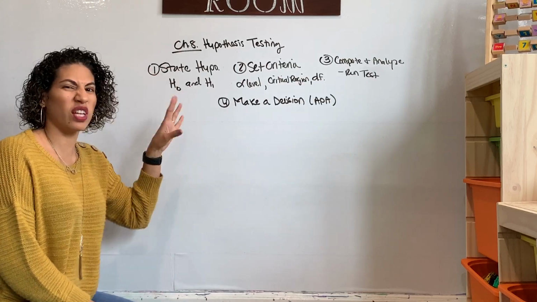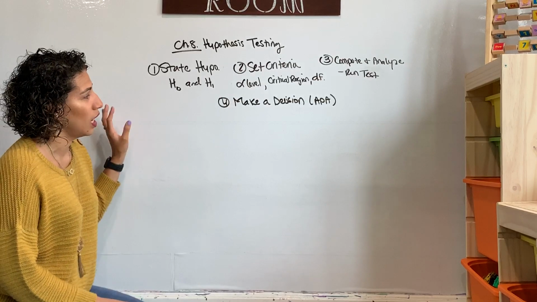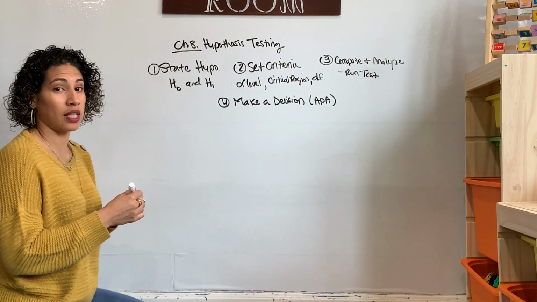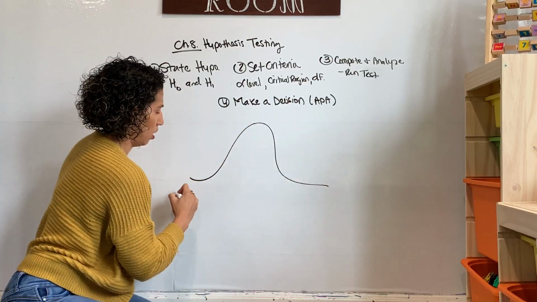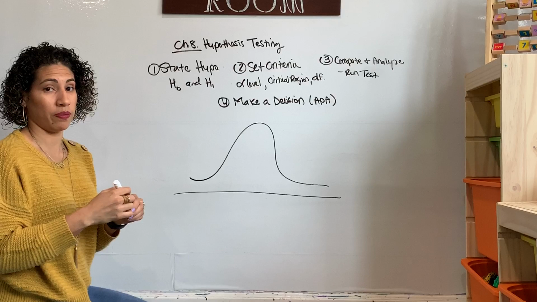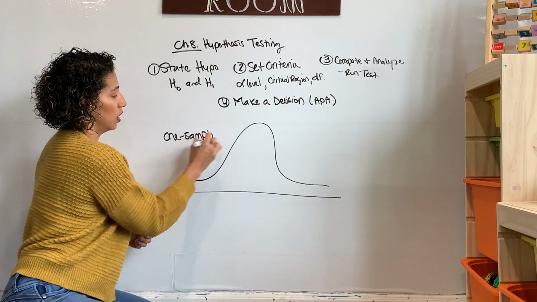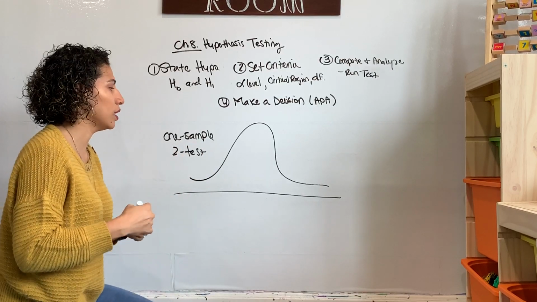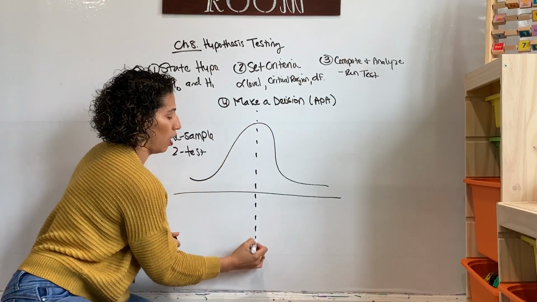So now let's break this down and kind of understand a little bit. We're back to Lucas's room and his little whiteboard, and let's talk about what this would look like. So first of all, let's think back to the idea of the normal bell curve, or in this example, the normal distribution. In other words, if you're going to run a one sample z test, Z like zebra,